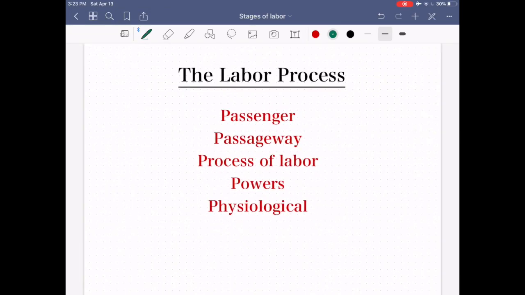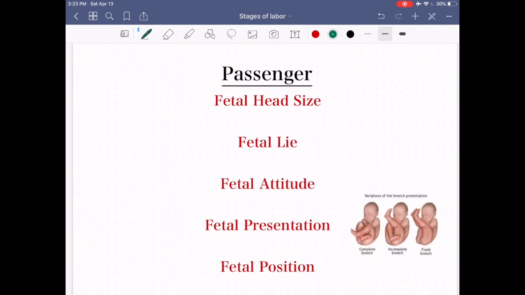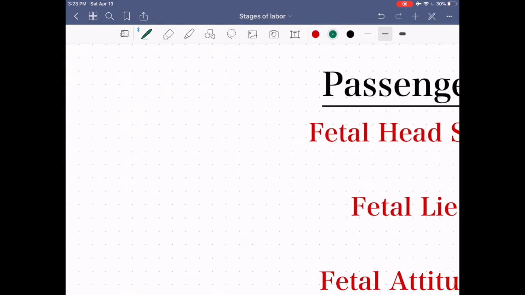The labor process consists of 5 factors: passenger, passageway, process of labor, powers, and physiological factors. We're going to discuss the passenger, which is the baby. And here we have to assess the factors of the baby's head size, its lie, its attitude, its presentation, and position. So with its fetal head size, we have to decide how big the head is in relation to the